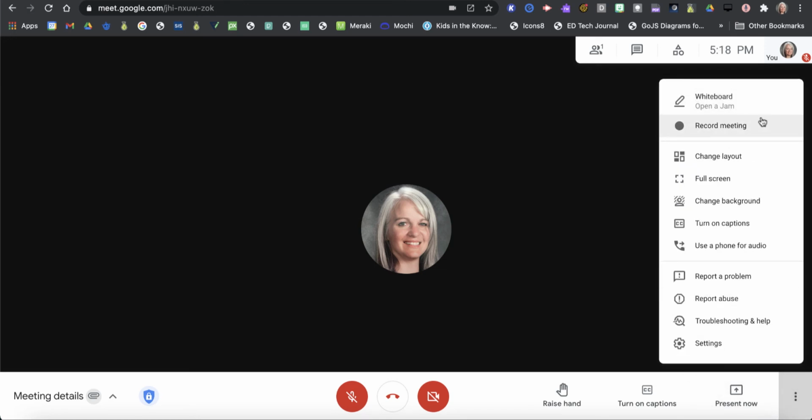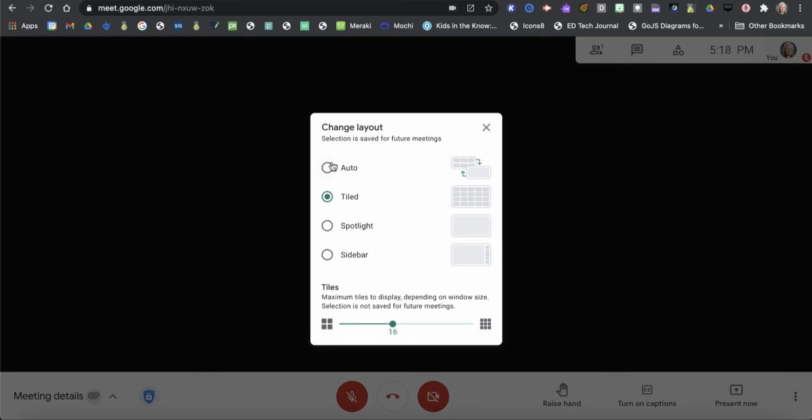Record meeting, that was there before. We've got the change layout now. And so we can tile up to 49 people out of the box. So without an extension now, I can tile up to 49 people,